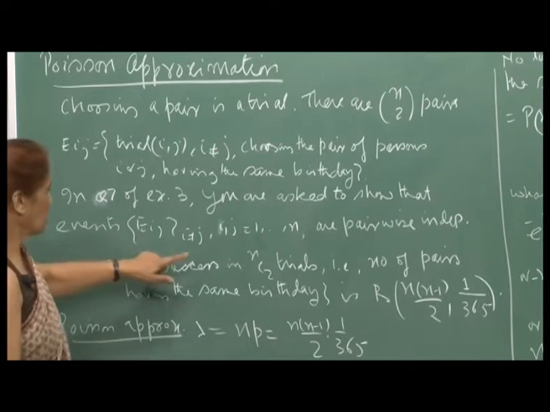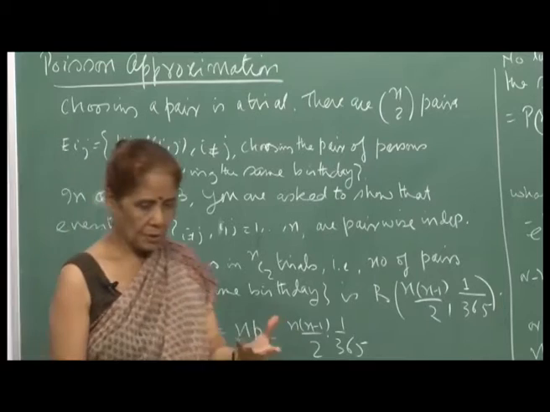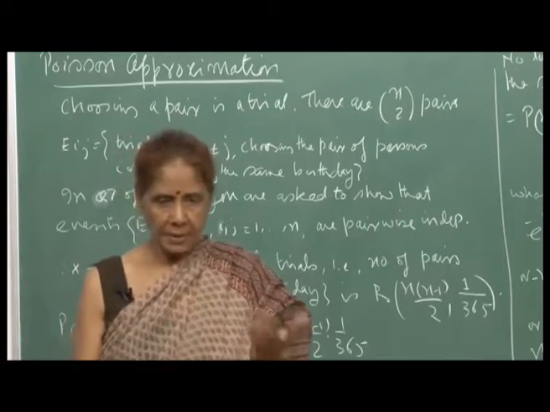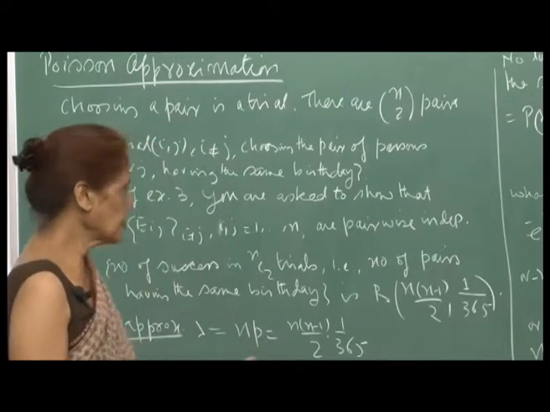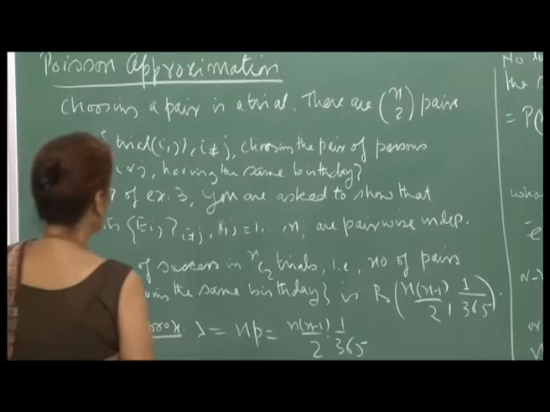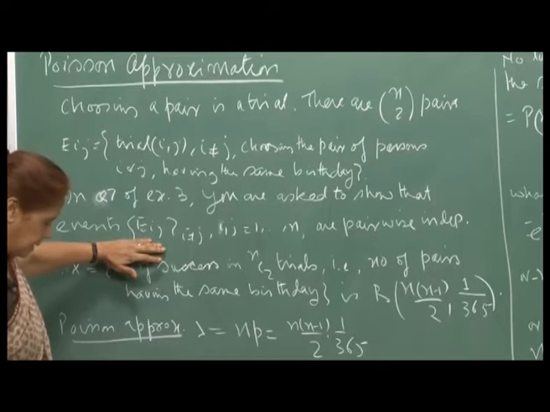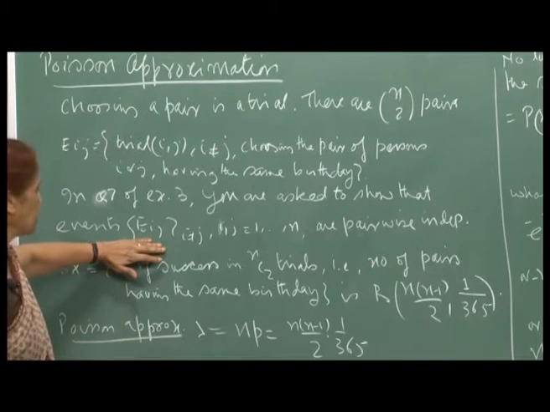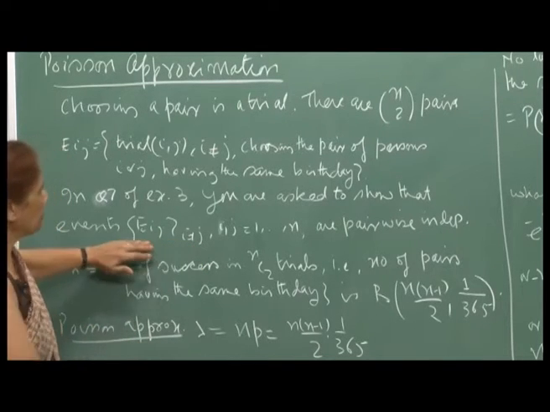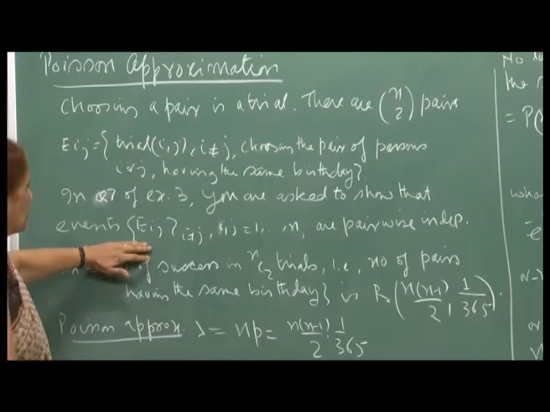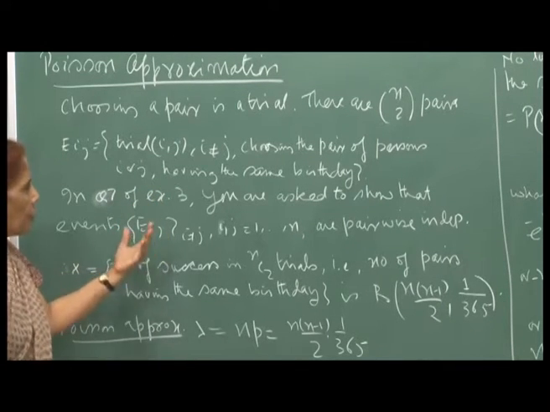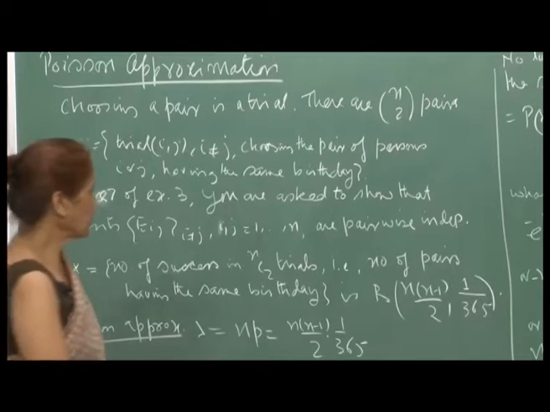Of course, the choosing of each pair is independent, and I want you to show that the set of events E_ij, i not equal to j, that means n into n minus 1 by 2 such events, are all pairwise independent, which means that